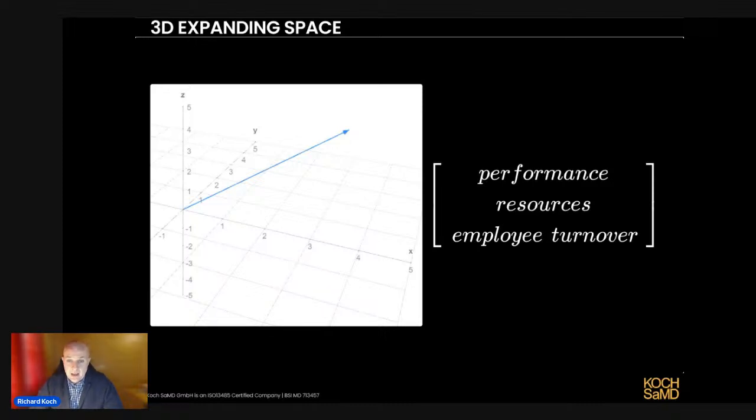But we can expand that space from 2-dimensional space to 3-dimensional space. And let's say we put in the one I mentioned before about employee turnover. Okay, so we had the team which is overperforming, under-resourced. But if we included in our data set employee turnover, maybe we find out that's at the expense of burning out employees, for example. So maybe that's something we want to consider in our model as well. We need to balance all these different things for the right performance.